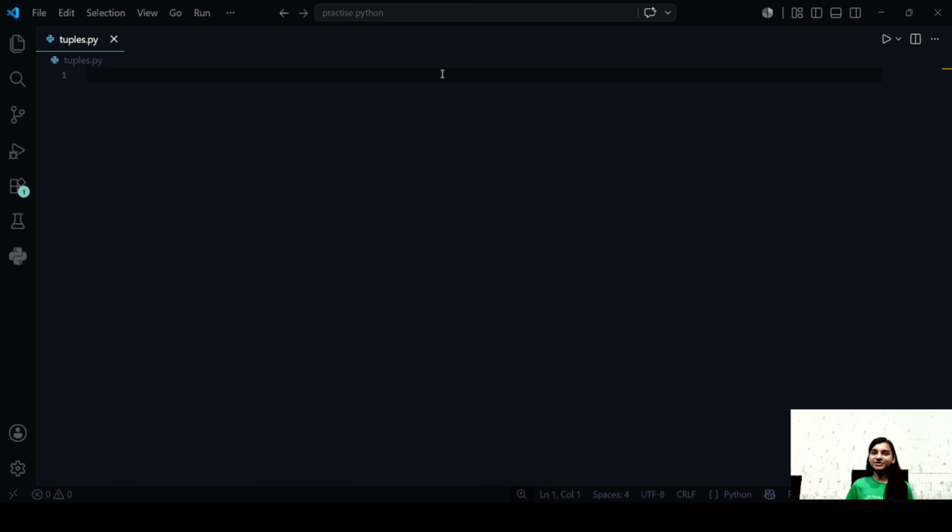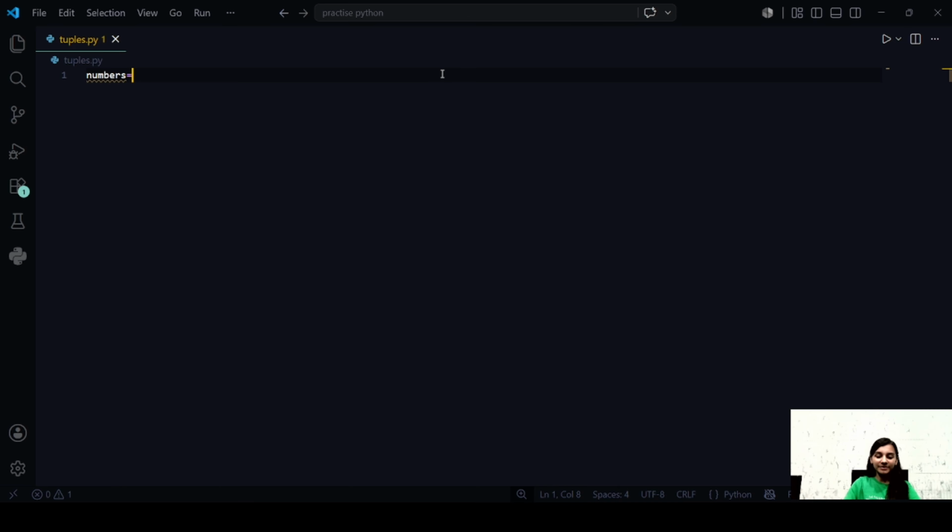All the other operations that we'll be performing on tuples, including len, min, max, sorted, reversed, and sum, are the Python built-in functions that work with tuples. So without wasting any further time, let's get started and learn about the built-in functions and methods for tuples. Firstly, we have the len function. So let us create a tuple first.